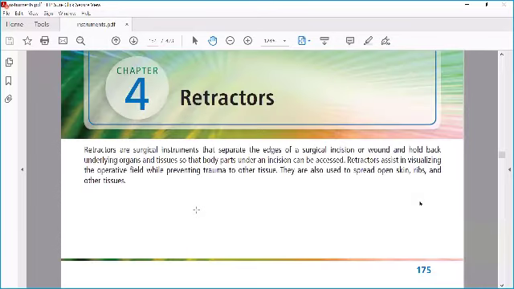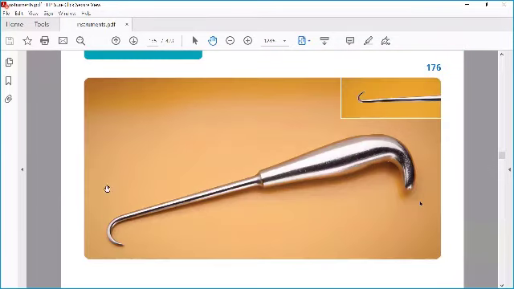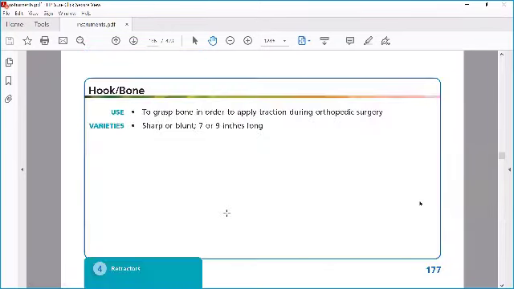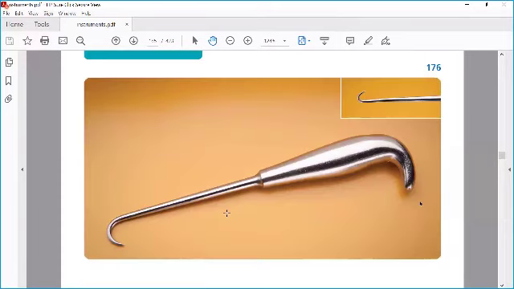Okay, so this is your bone hook. I told you before, when I was showing the rib retractor, that it did not have a pointed end, but this one has a pointed end. This is used in orthopedics. We use it when we are doing a bipolar hemiarthroplasty and reducing it. After reducing it, when we want to dislocate the head again, we use this in the femur and pull it, so it will dislocate the head.